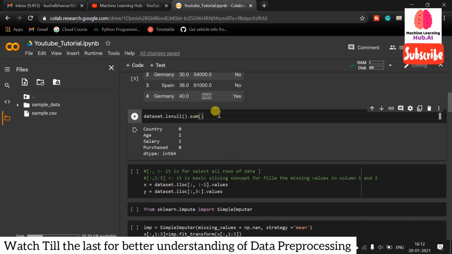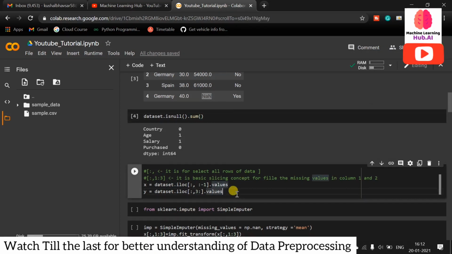Now we need to implement all the things, but before implementing, let's split into x and y. Why are we splitting our data into x and y? y will be simple, we can say dependent. So y is dependent on what? Simply assume that x and y are two parts. y is dependent, x is independent. But for whom is y dependent? y is dependent on x.